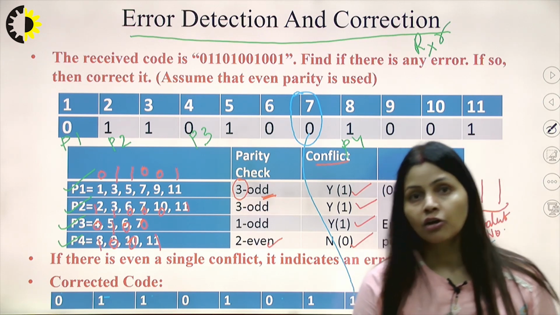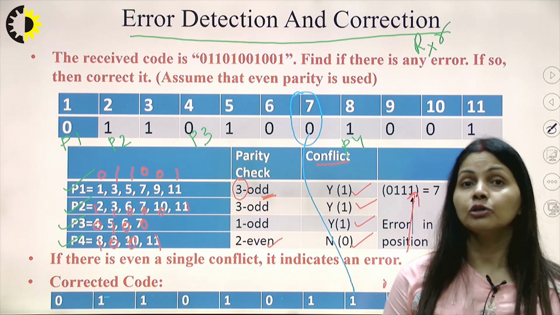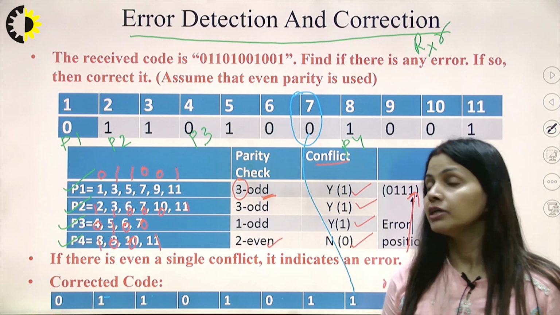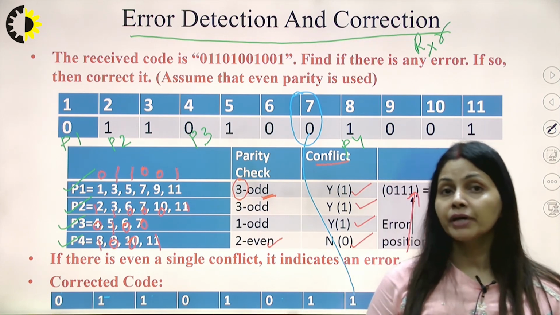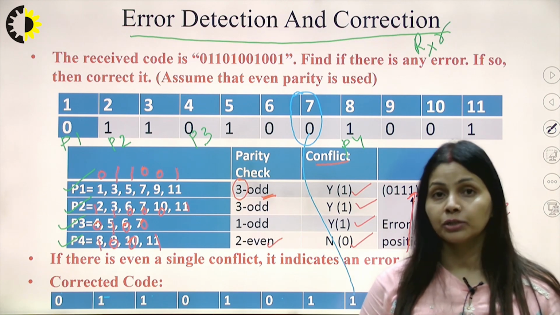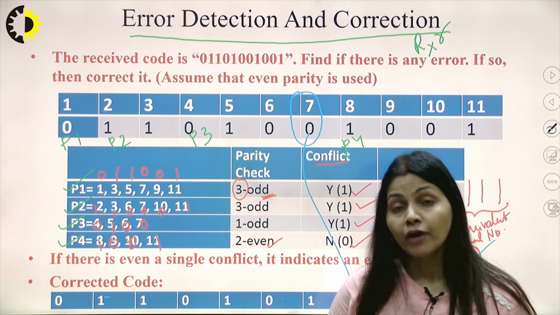Generation of Hamming code, how it is done, I told you in this lecture. After that we discussed how the code can be corrected if a single bit error is there in the data stream. So that's the only thing provided.